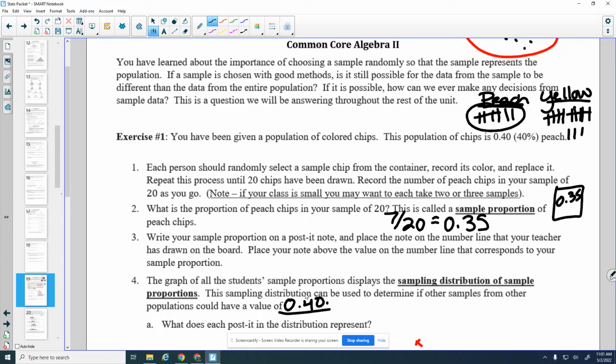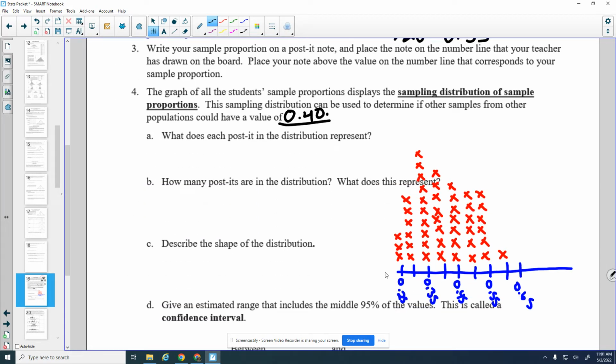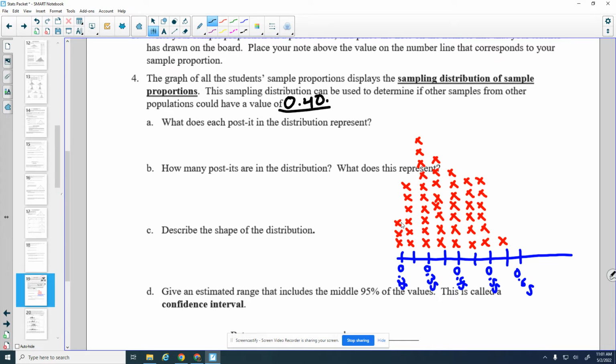We know the whole population of peach chips has 40% peach. So I'm going to scroll down, and let's just pretend this is the graph we got for your class. Here, 3 people got a proportion of 0.25, 6 people got 0.30, 10 people got 0.35, 7 got 0.40, and so on. So each Post-it in the distribution, I have X's, but really these are like little Post-its up on the board, represents the proportion